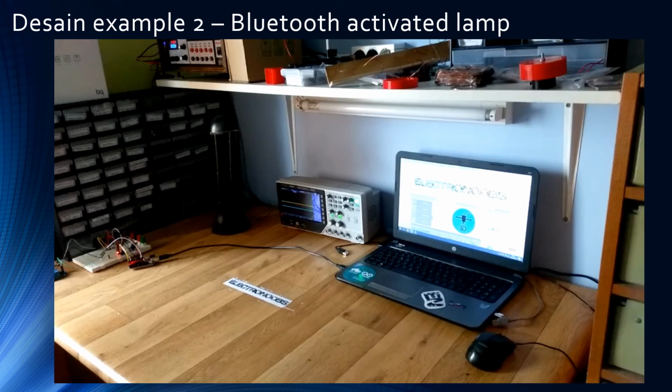Is it necessary? No, it is not necessary. It's only needed when you download the software. After you finish, you can just disconnect from the computer. In this case it's still connected because it takes power from the computer. But if you buy an adapter with a USB port, you can just connect the USB to your converter. You don't need the computer. You just need the computer for downloading, and that's it.